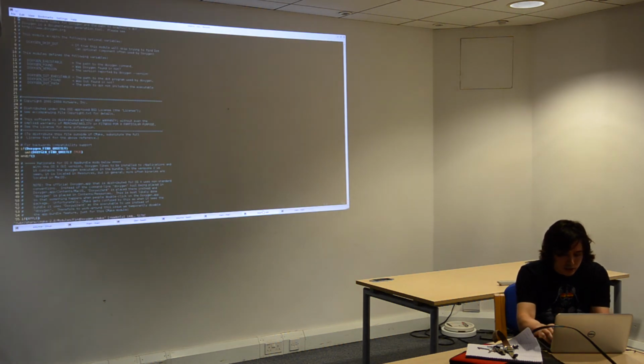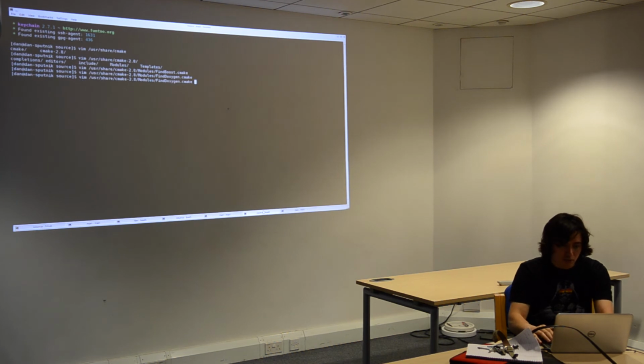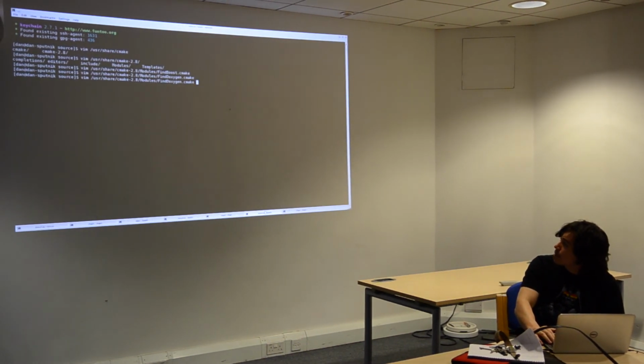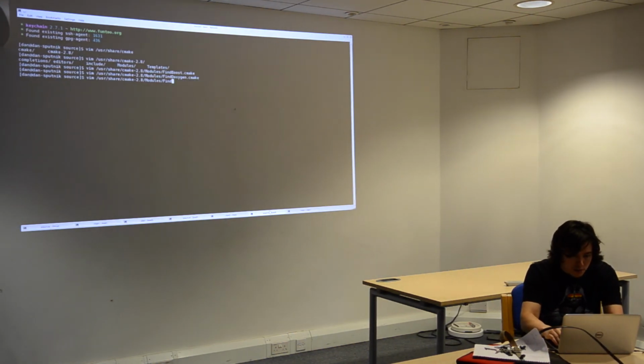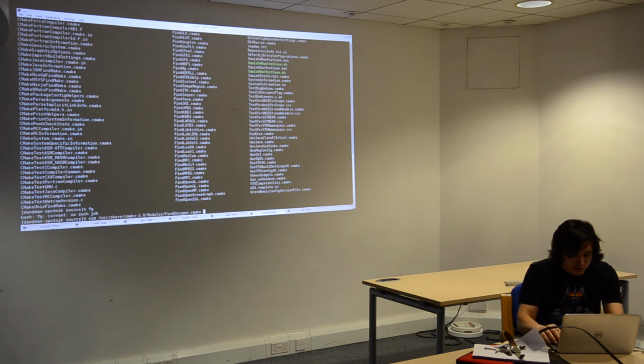So on Linux, there's this folder, which is in /usr/share/cmake/modules. And if I just do an ls in here, you'll see there's a whole bunch of stuff in here. These are pre-written CMake scripts that people have made, for finding Java, finding Python, finding LaTeX, and all sorts of stuff. But if we just open this,